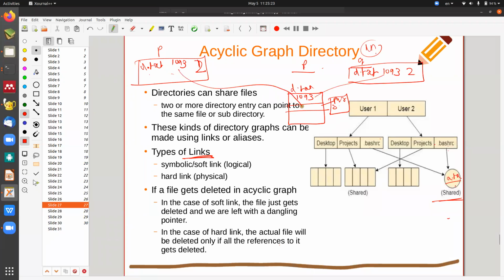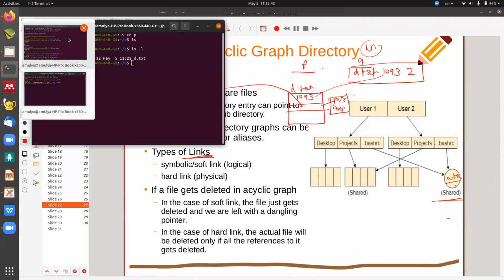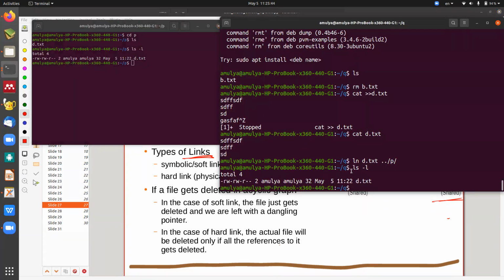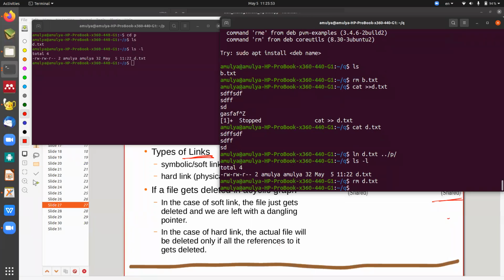The same inode. Since it is pointing to the same inode, when I open this file and modify it, here it is modified or not. When I open this file and modify it, here also it is modified or not. But where did I create the file initially? Q. As per our example, I have created this file in this Q. Let's take, now I am going to delete this. Yes, if I am able to delete this particular d.txt, then what happens? Can anybody tell me whether I can access this file or not?